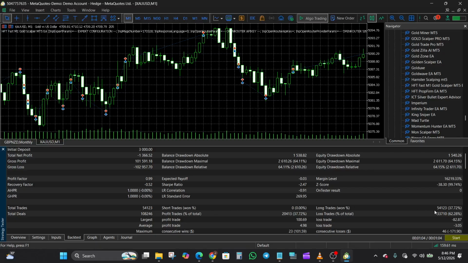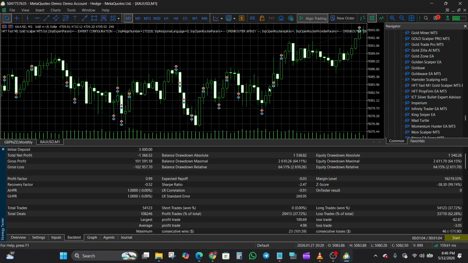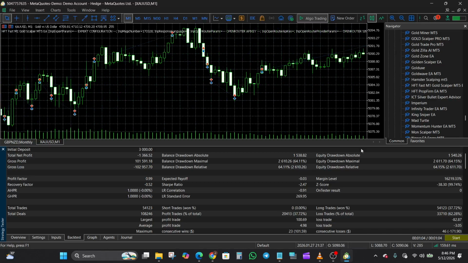So the entire 54,123 trades taken were long trades. That tells me that the EA is trading in the direction of the trend, right? Because gold had been trending upward, right? The trend is bullish. So the EA was executing trades in the bullish direction, right? So that's why all the trades taken were long trades, and the win rate is low, just